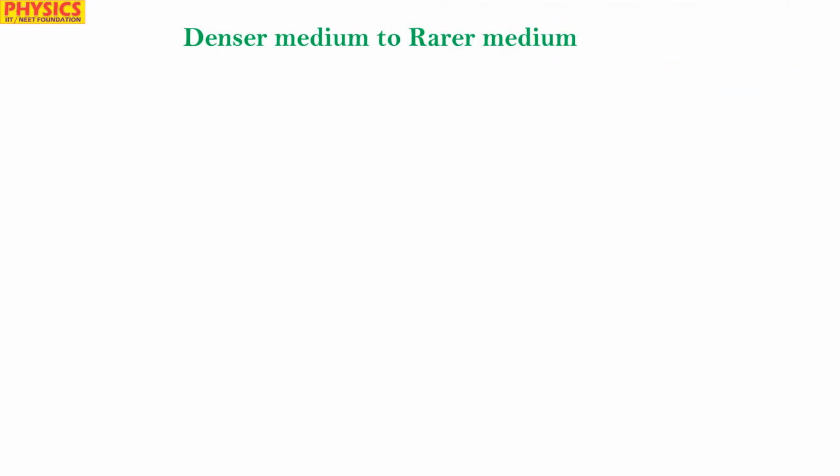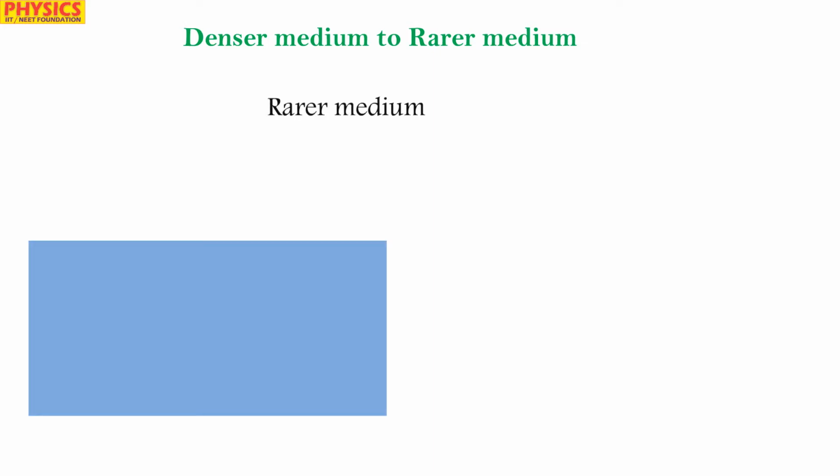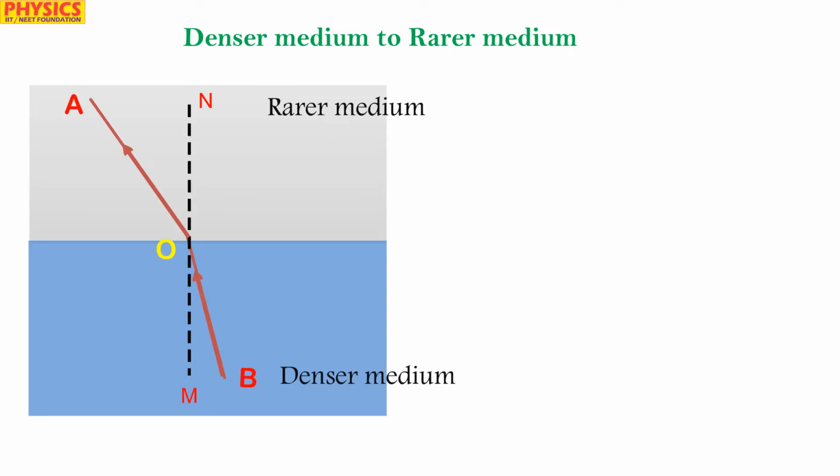Now let us identify when light moves from a denser medium to rarer medium. You pause the video and try to identify which is incident ray, refracted ray, and which is angle of incidence and which is angle of refraction. Did you? Okay, now let us see. Here